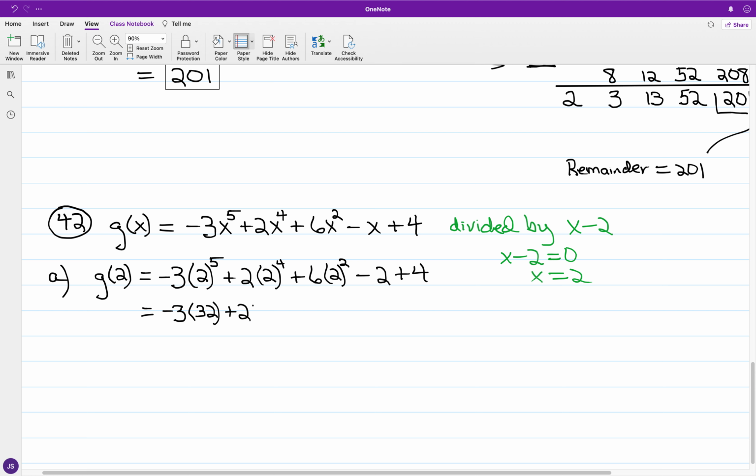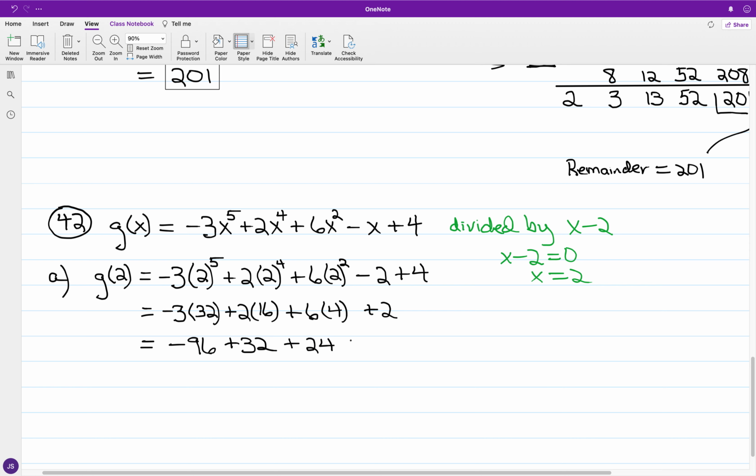And we have plus 2 times 2 to the fourth. So 2 to the fourth is going to be 16. And for 6 times 2 squared, this will be 6 times 4. And negative 2 plus 4, we're just going to say that's going to be plus 2. So we got negative 3 times 32 is negative 96, and plus 32